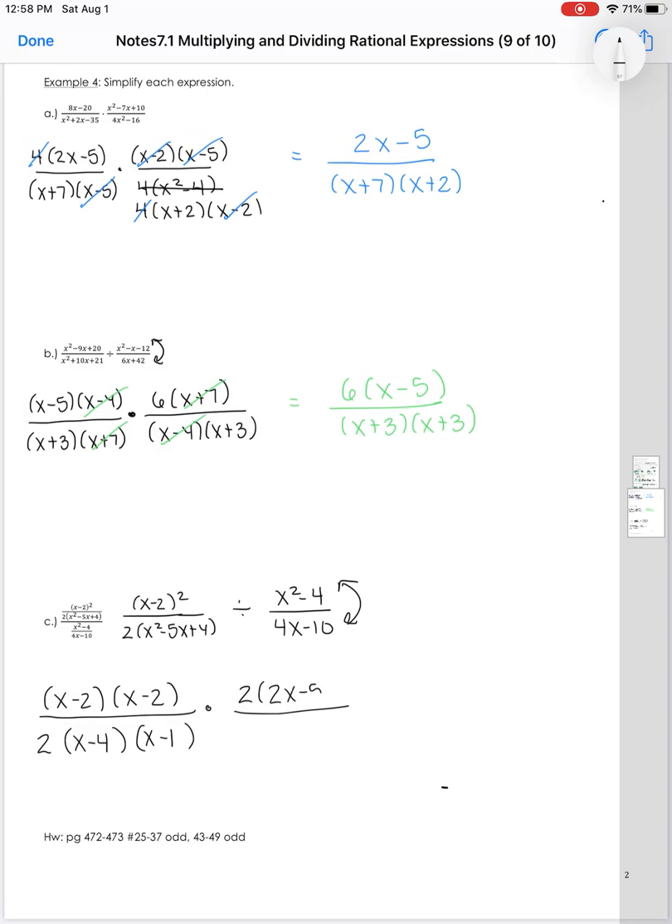Flipping the second fraction, 4x minus 10, there's a 2 in common with a 2x minus 5 left over. And then x squared minus 4 is a difference of squares. X plus 2, x minus 2. So now, the 2's cancel, but nothing else cancels, which is fine. So we have an x, sorry. 2x minus 5 over x minus 4, x minus 1, and then x plus 2. And then go back and say, okay, does anything else cancel? If it does, cross it out, rewrite the answer. If it doesn't, there's your final answer. But you do not need to FOIL it out. Please do not FOIL